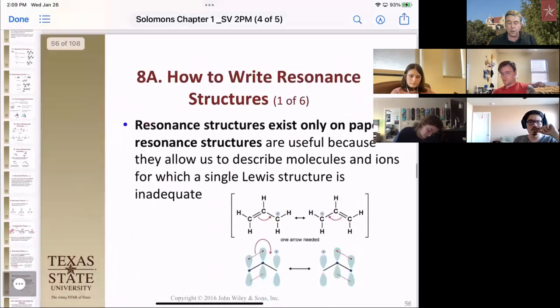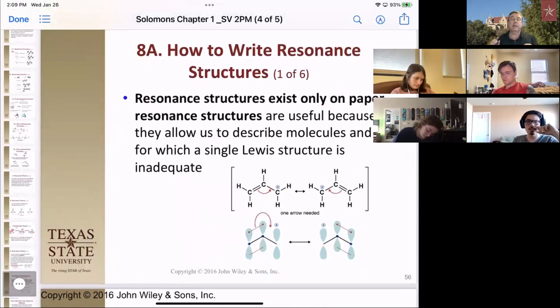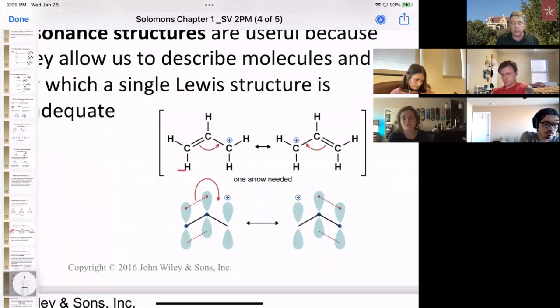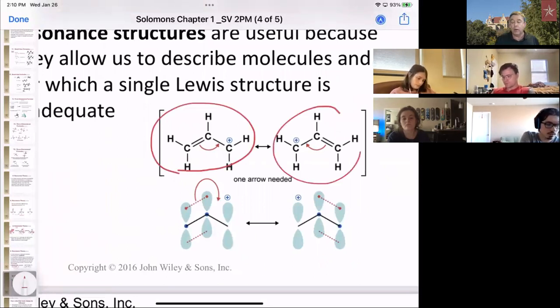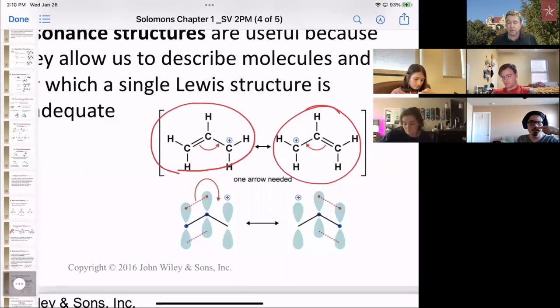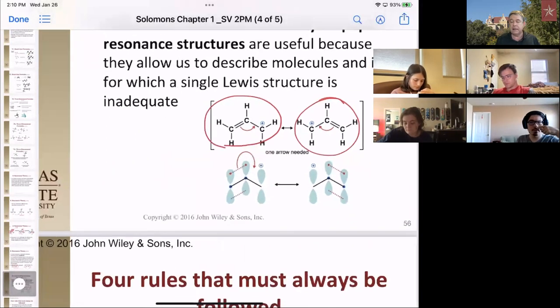Okay. So we actually have some rules about this. The first rule is that these resonance structures are kind of just to help us understand that these electrons are moving around. Okay, so they don't really exist in any one single form. It doesn't really exist 100% here or 100% here. It exists somewhere in between the two. But by drawing both of the resonance structures in this case and having that resonance arrow between them, it's saying that either one of those would be the reactive species in our reaction. Okay, because any single one might be